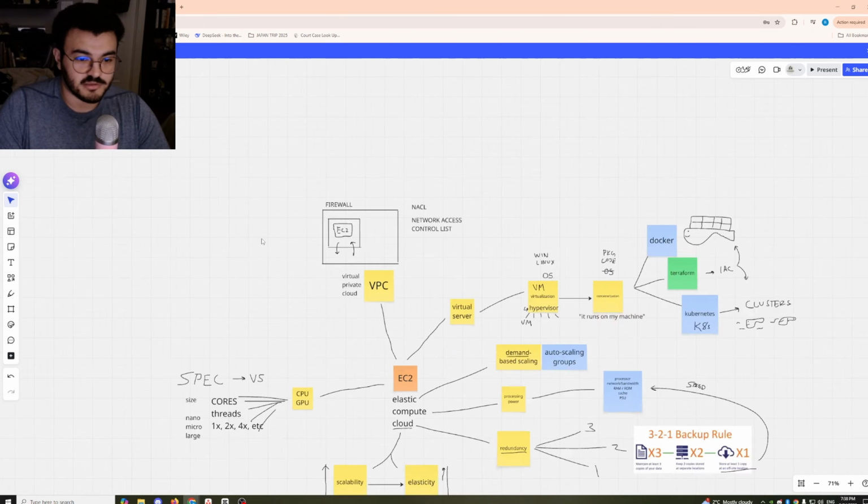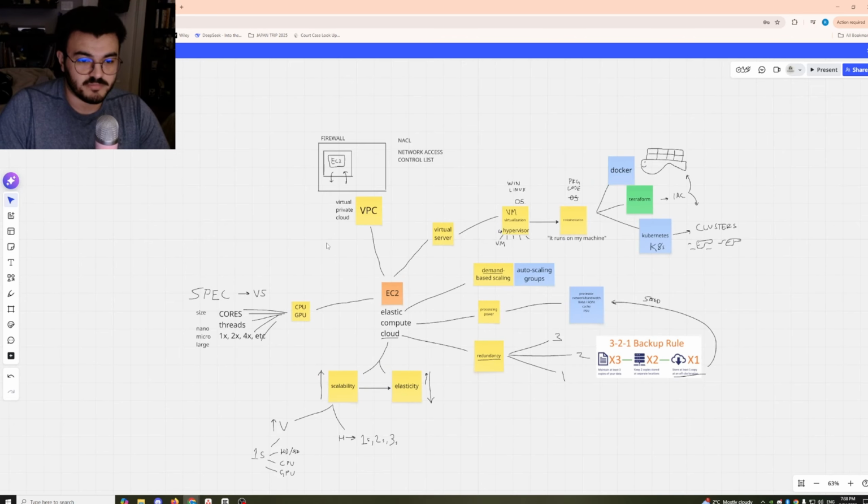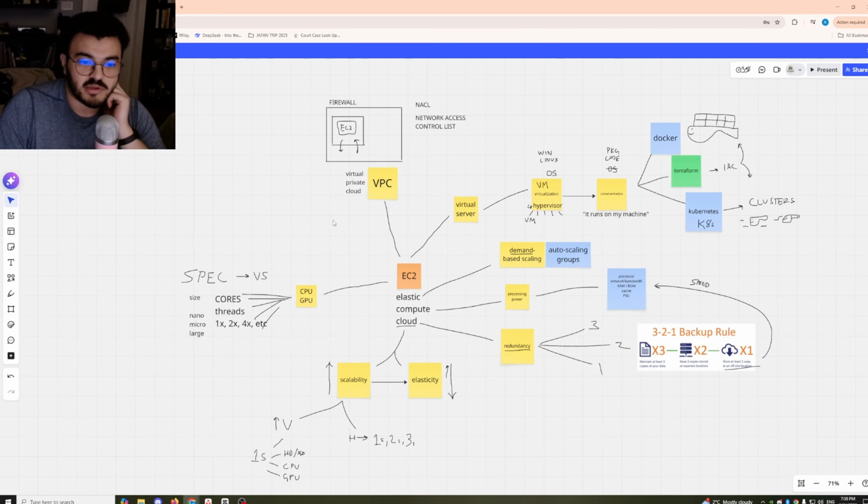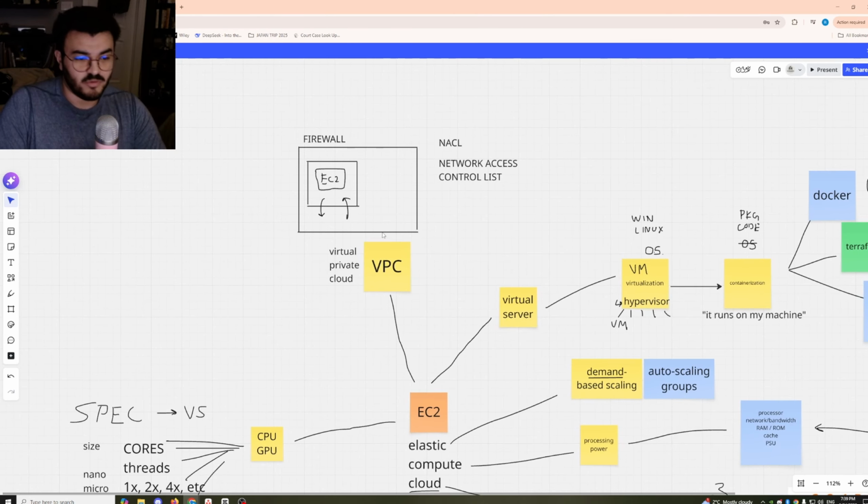So in case it's not clear, what I'm trying to do here is map out everything that I know about EC2. And unfortunately, it seems a lot more like things that relate to EC2, which shows that I need to learn a lot more about EC2, which is fine.